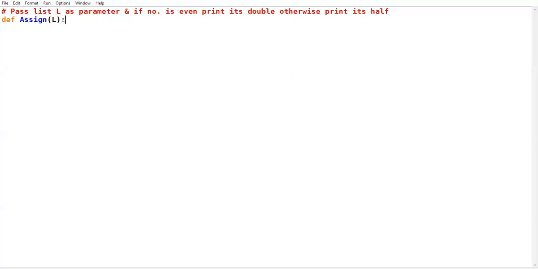Find the length of the list, and whatever the length of the list is, assign it to a particular variable. I have taken variable X. You can take any other variable you want. Beta, up till here, am I clearly audible to everyone?